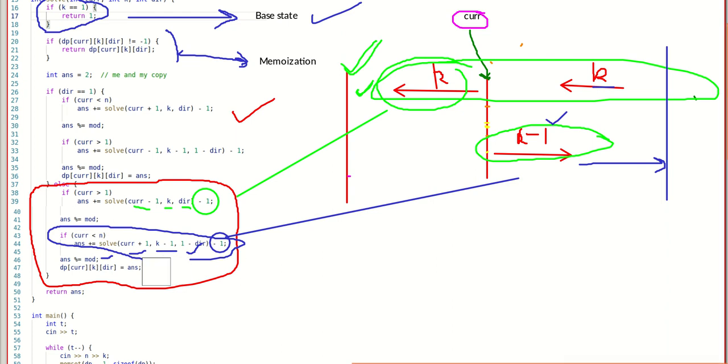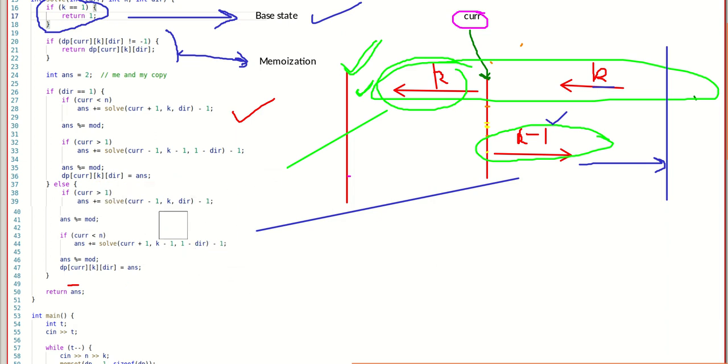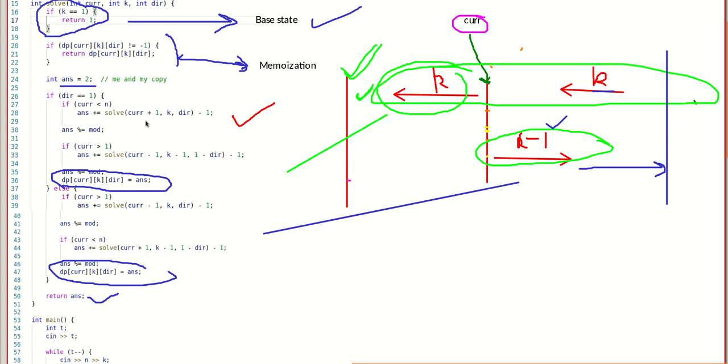And the last step of both our if analysis is that we are assigning the answer we stored in answer. We just incremented our answer variable already taken here, and we are assigning dp current dir is equal to answer in both of these branches, and finally we are returning our answer. So this way dp will work, and the particles will take care of it.